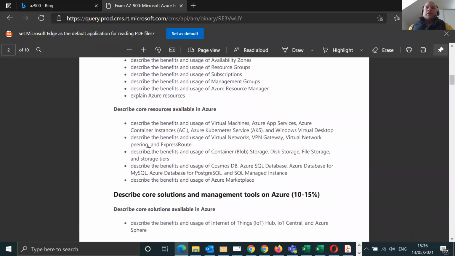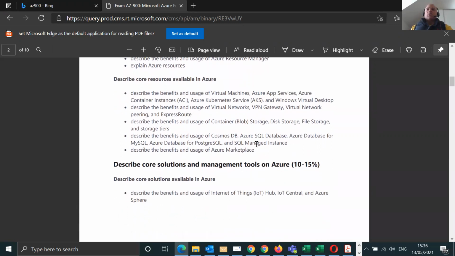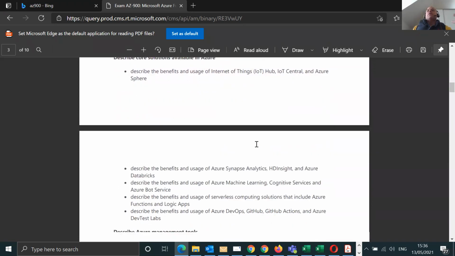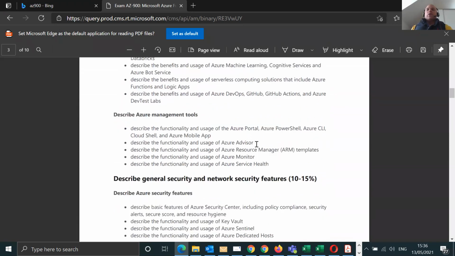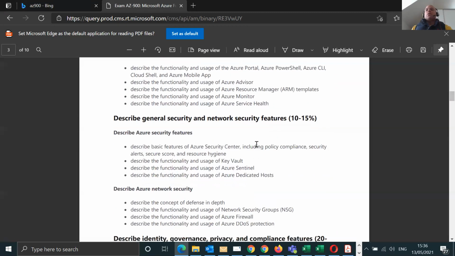Describe core resources in Azure. So it covers AKS, VPN, Cosmos DB, the whole lot. This covers the whole thing. So AZ-900 is about giving you the basics, as it says here, basics of everything. The basics of all the resources, the terminology that Azure will use, and just trying to understand how this cloud provider gives a service to its users, customers, what have you.